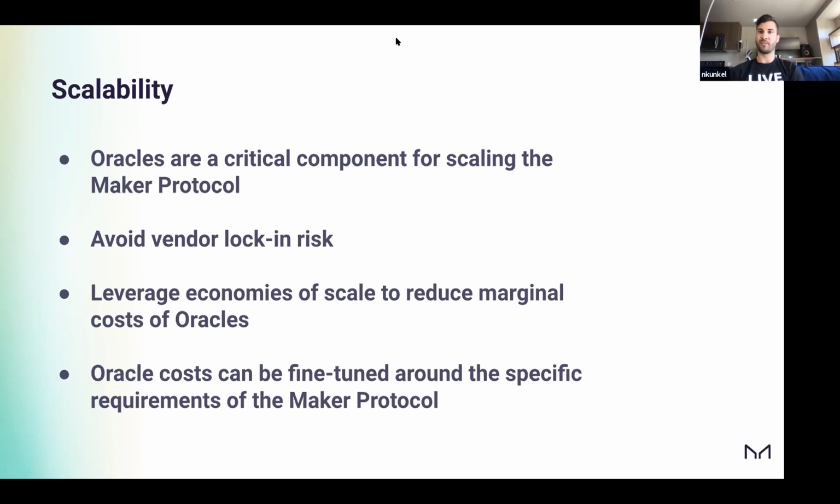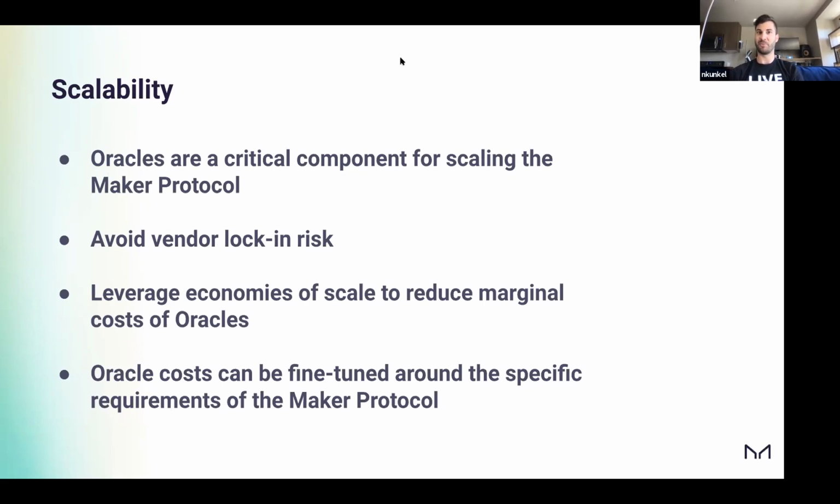Let's take a look at the alternative, right? From a cost point of view, you really want to avoid vendor lock-in risk as well. For those of you unfamiliar with vendor lock-in risk, it's traditionally when a company becomes dependent on another company for a service, and the other company basically has all the leverage. They have complete control, and they can effectively just price gouge you at will. This is not a scenario that the DAO would like to find itself in.